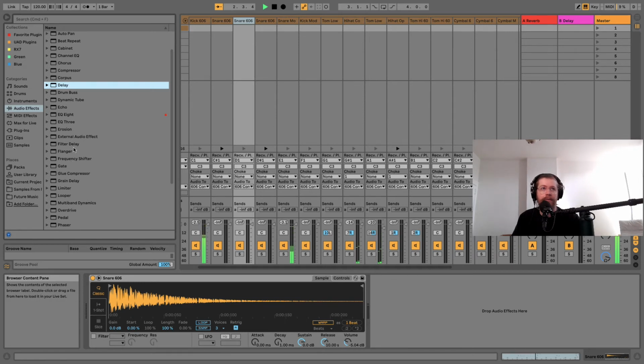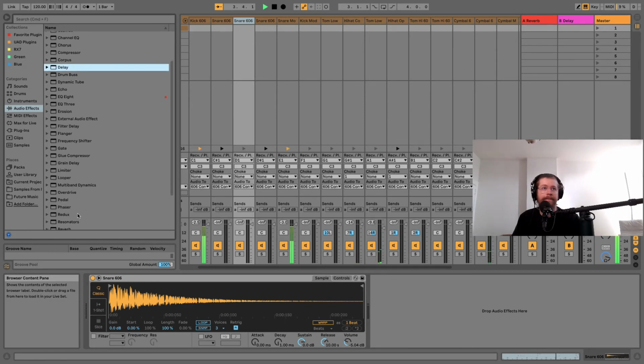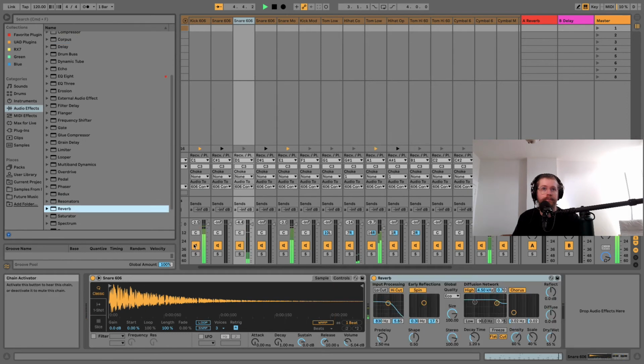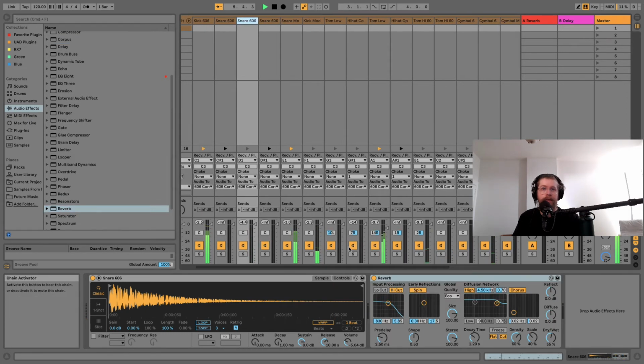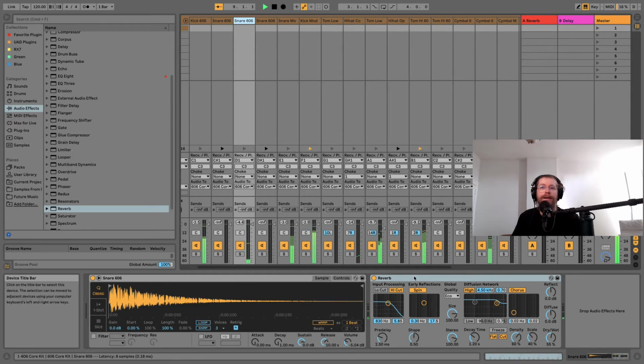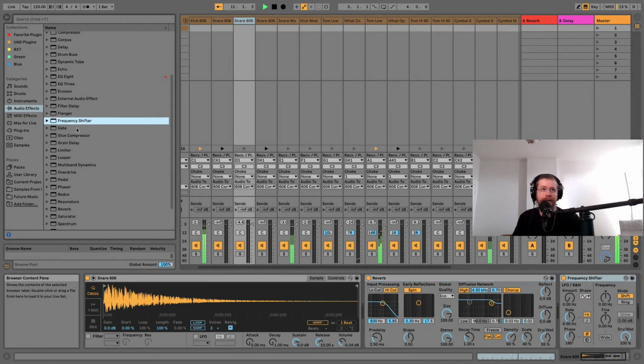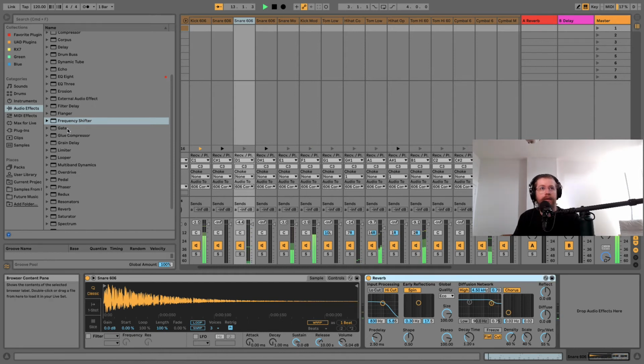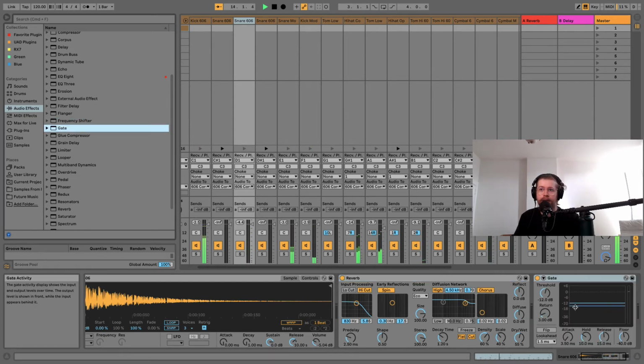So first we grab a reverb. Actually sounds pretty sick on its own, but if we add the gate here,